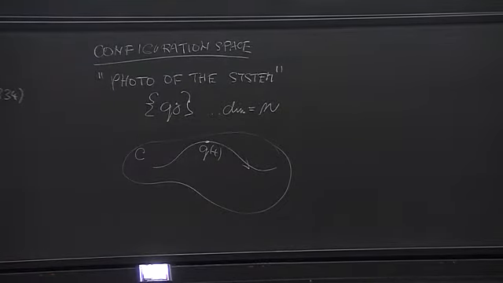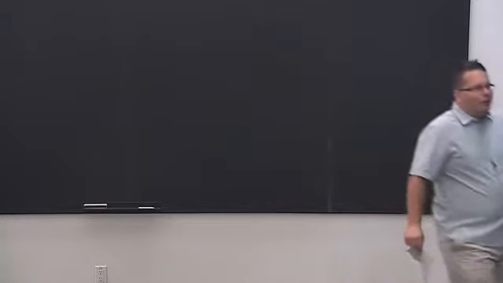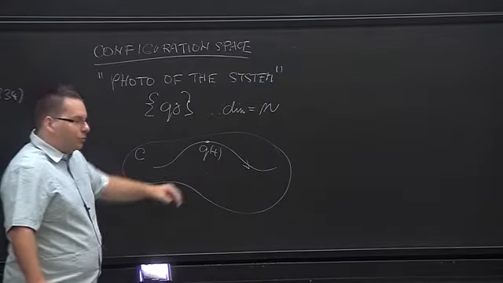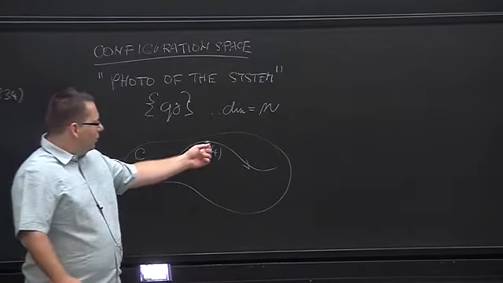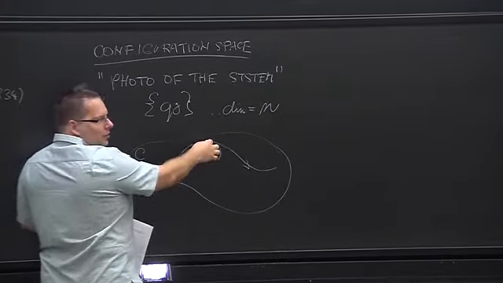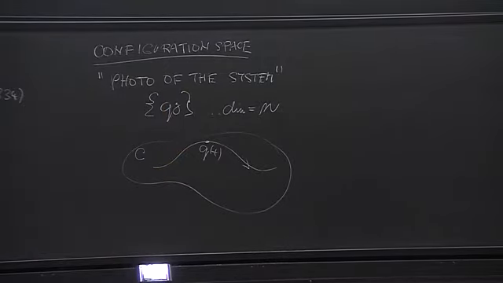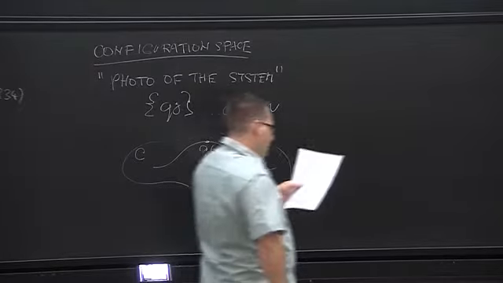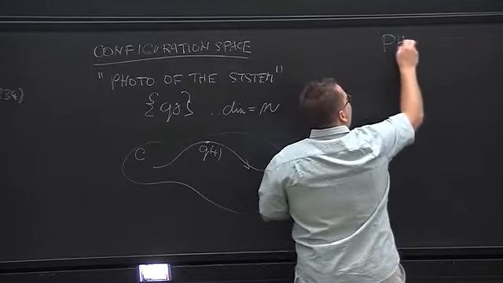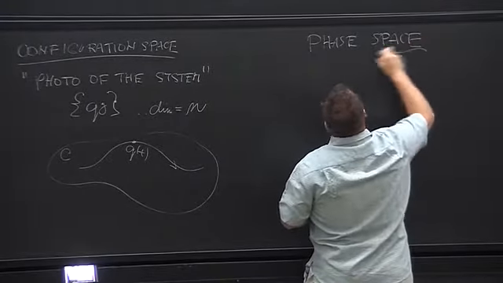But because you have only q's, this doesn't really describe the full physical state of the system, because I can be here at a given time but have different velocities, and then I can go this way or that way or whatever. If you just take the picture, it doesn't describe the full physical state. On the other hand, the phase space does describe everything,